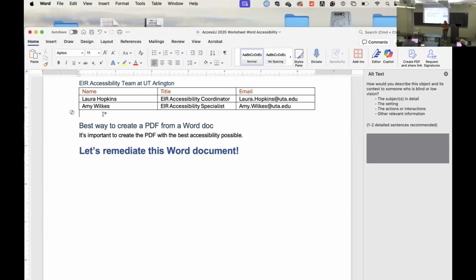Okay, so tables are for data, and they're very accessible. You don't have merge cells, you don't have split cells. Unless,